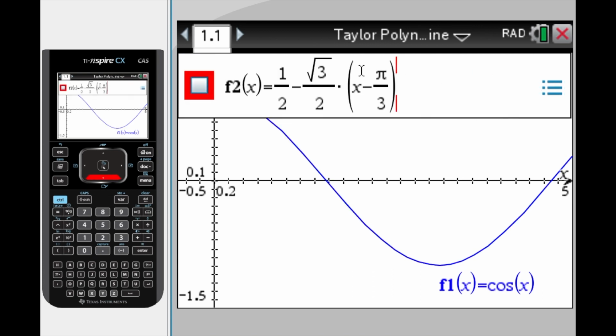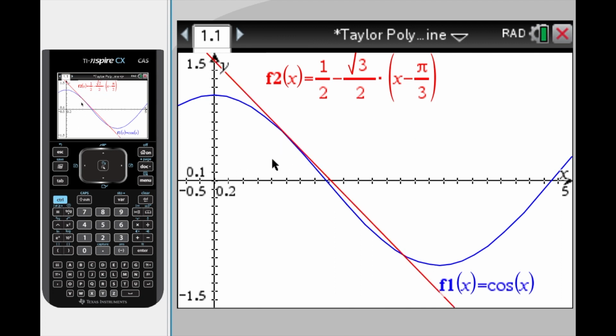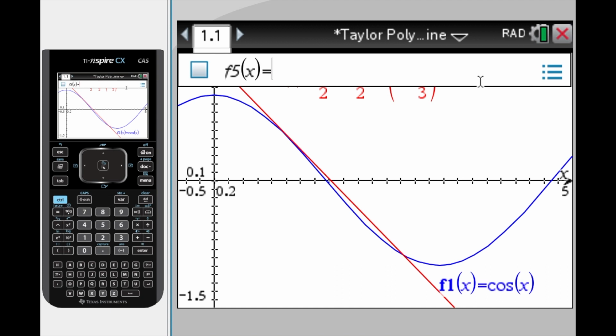And this is the first degree Taylor polynomial centered around pi over 3. If we display that, we see that we have a linear function, and it is intersecting at the center of that Taylor polynomial at pi over 3. And it's not a bad approximation. Clearly it's a secant line. If we take this off though and show the